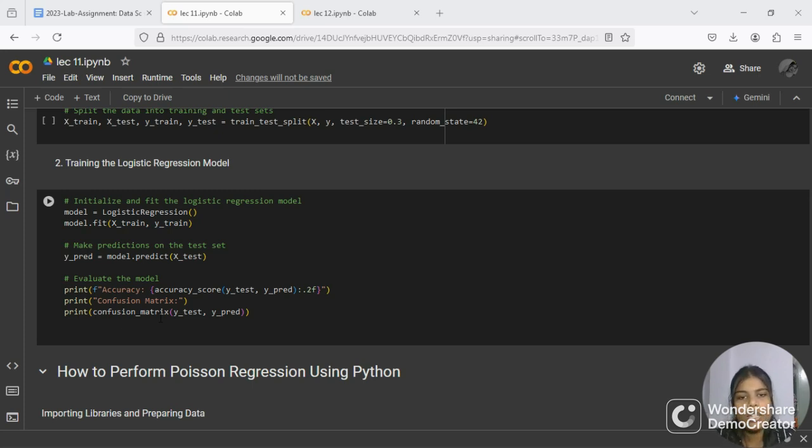The output will be the accuracy of 0.97 and the confusion matrix showing true negative, false negative, true positive. The accuracy score and confusion matrix provide a comprehensive evaluation of the model performance.